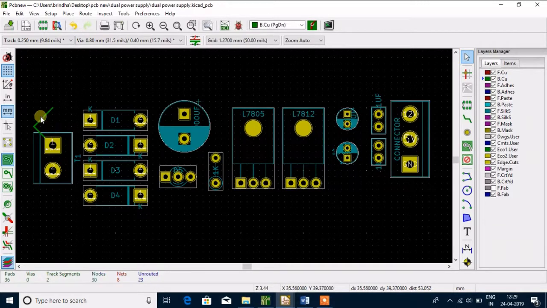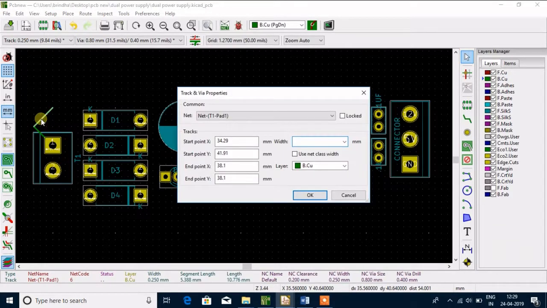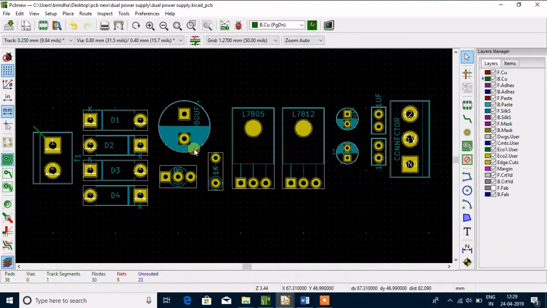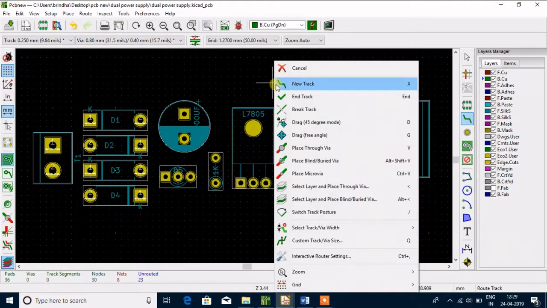Just click delete. Just click delete, and once again delete that. Now after clicking back copper, again just click root tracks. After clicking root tracks, just place the cursor at any part of your sheet and right click your mouse